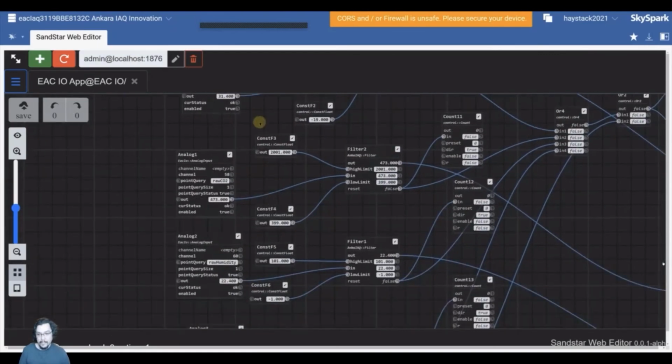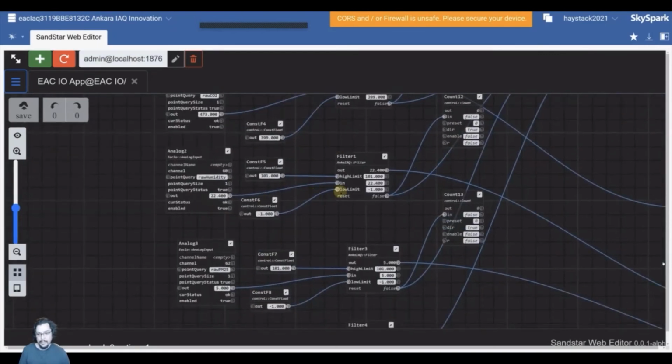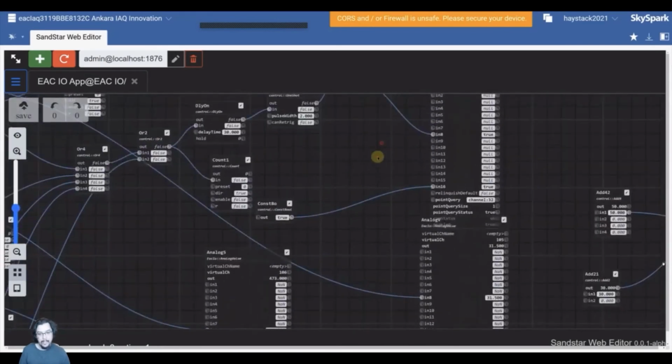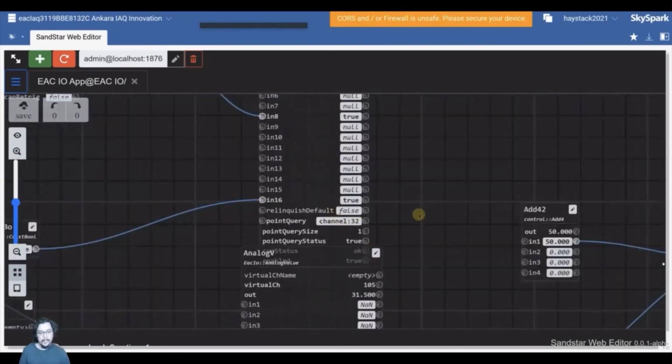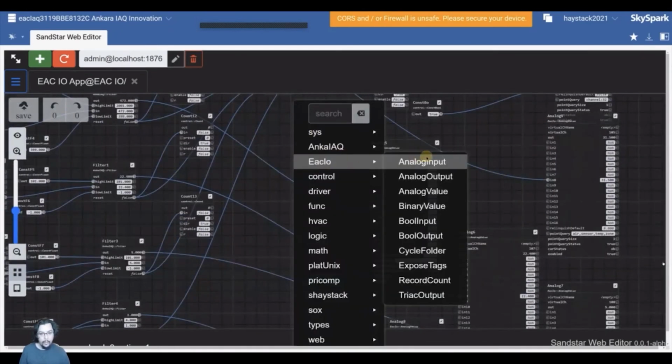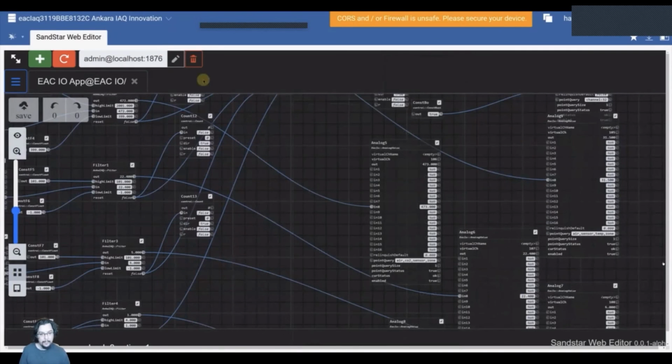So what you can see now is that we can read the inputs, the readings, live in the block programming fashion. So all the data that you see here is literally live. And not only that, we can actually program any part of the application right from here. So we can right click and you will see all different kits that are installed within this application, and we can program it from here.